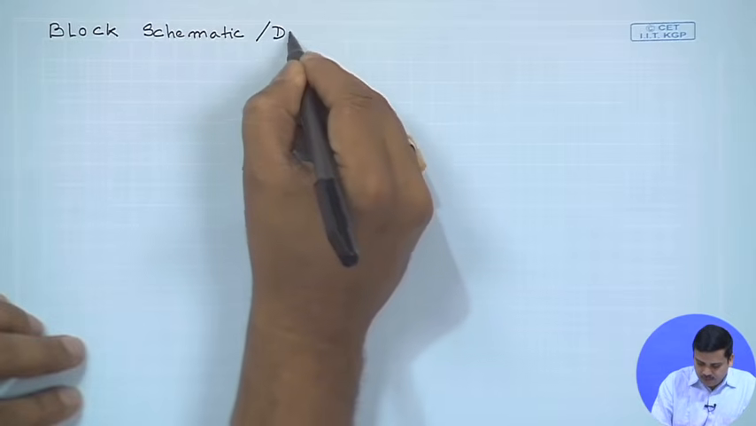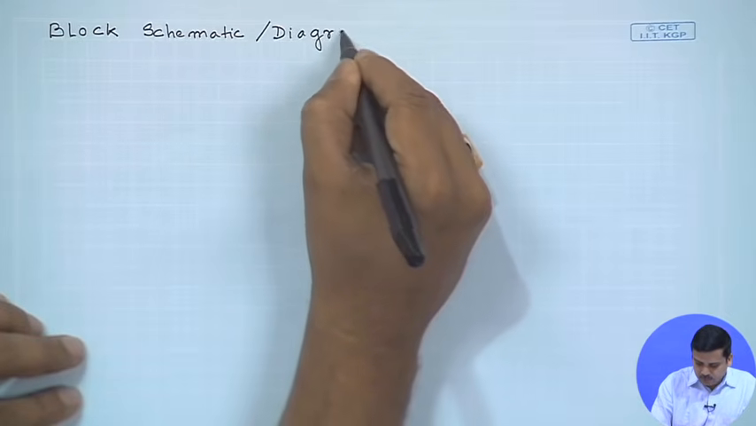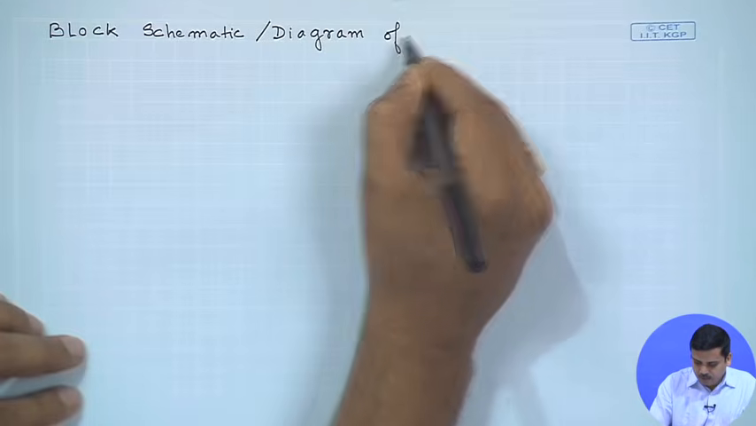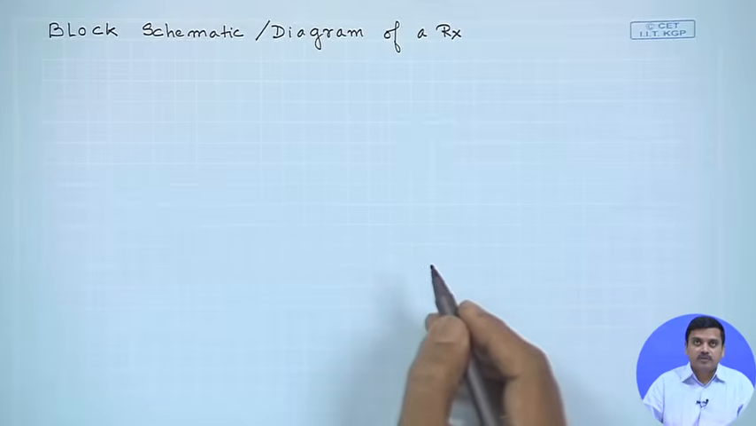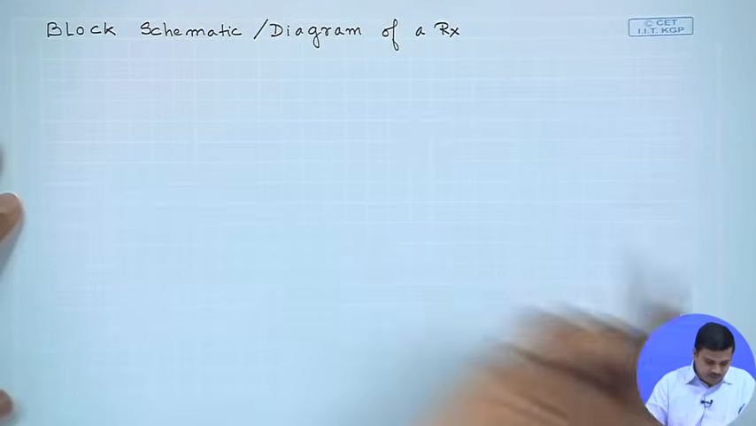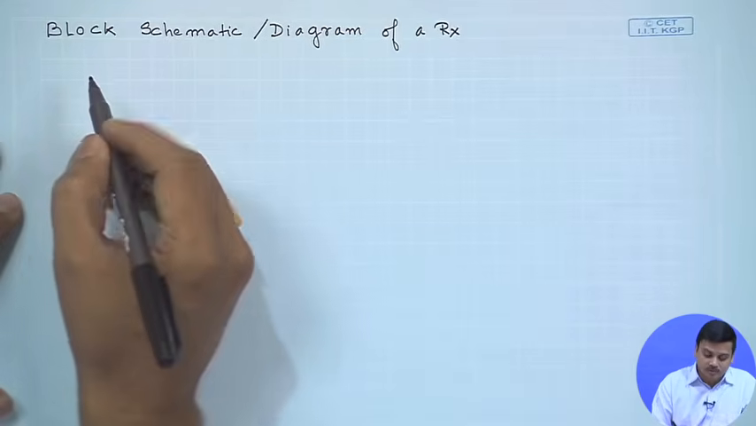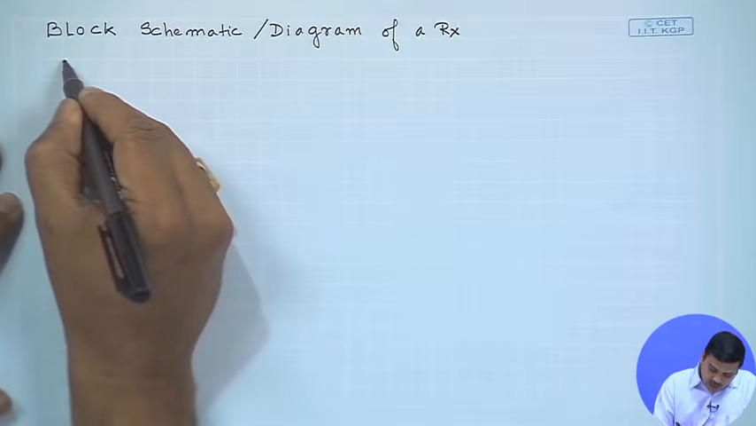Or the block diagram of a receiver. So, I am going to write Rx whenever a receiver comes into play. So, I am not going back to the transmitter structure. So, here we will